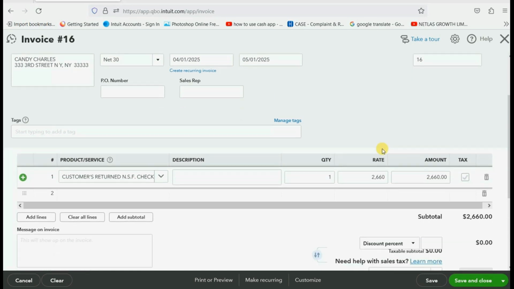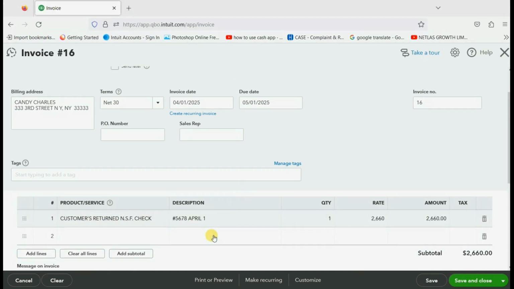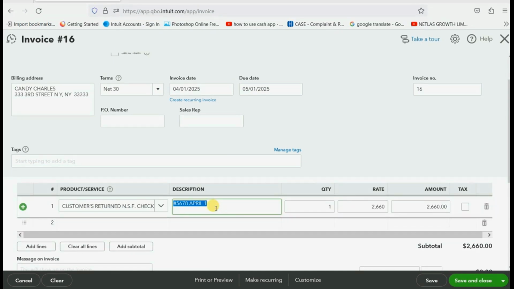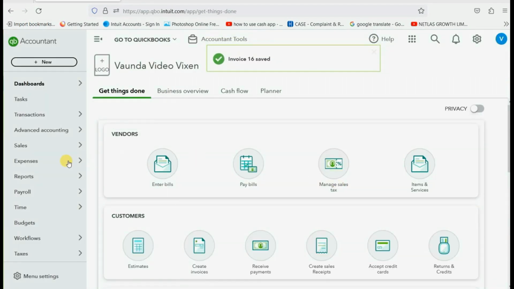Now, you have created a bill that you can send to the customer asking them to pay and clearly stating the reason. You could put the check number and other information in the description field if you want to be clear with your customer, or whatever else you feel you need to put in the description field. But at the moment you click Save and Close, and don't worry about the number, just click Yes,